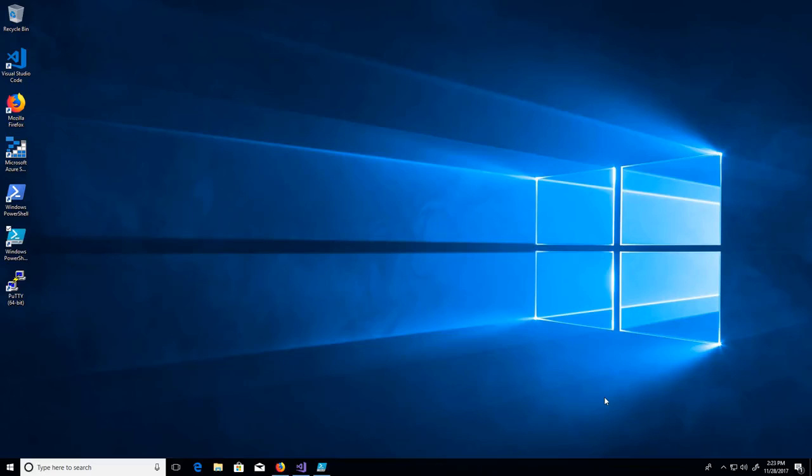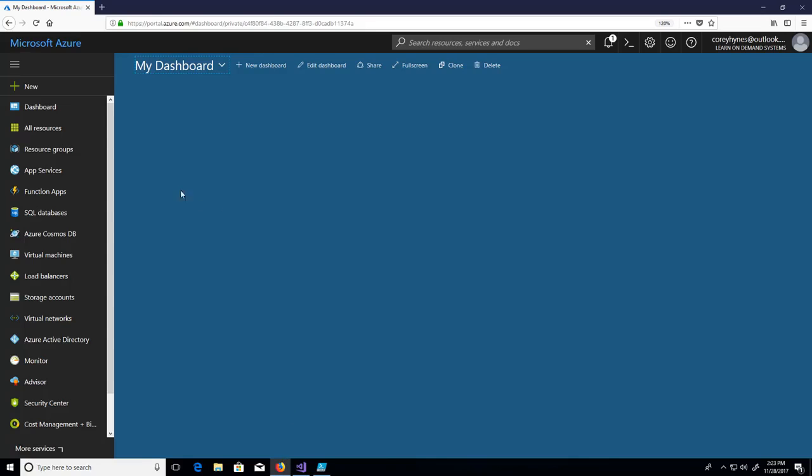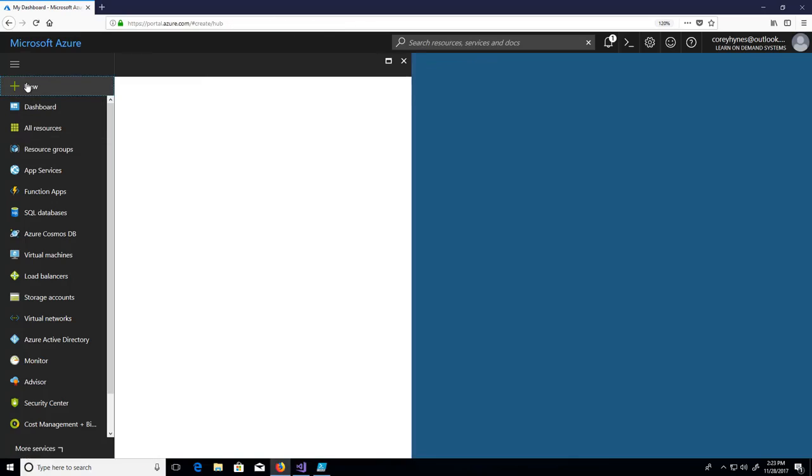All right, let's go create some new virtual machines. Now, with Azure, there's a plethora of ways that you can actually create virtual machines. Everything from the portal to PowerShell to the Azure client. You can use Visual Studio, you can use ARM templates, you can use browser-based tools like the Azure Quick Start deployments that are on GitHub. So there's really an endless number of options, but they all come down to really doing the same basic set of tasks. We'll run through a few examples of ways we can create virtual machines, starting with the